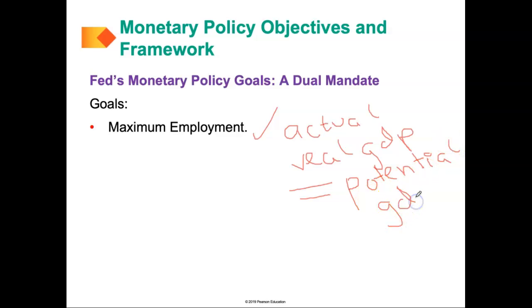Right, again, remember, potential GDP is the maximum amount of output and production a country can basically achieve if it maximizes all its resources. Okay, so it's the optimal amount of goods and services that need to be produced. Okay, right, so in the long run, the Fed should conduct monetary policy in order for the country to be able to meet its optimal level of production. Okay, so that is the first goal.